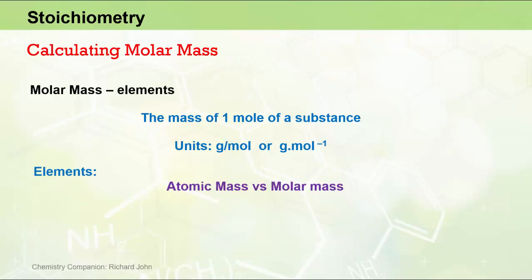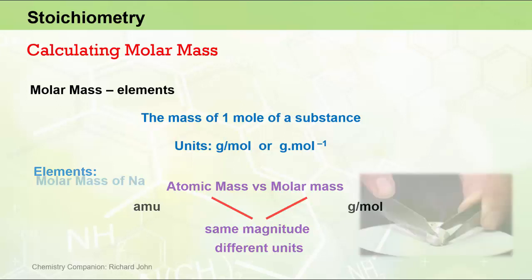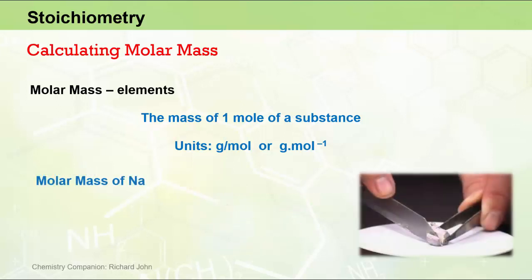Let's consider the differences and similarities between the atomic mass of an atom or an element versus its molar mass. Both will have the same magnitude but different units. The units for atomic mass are atomic mass units, whereas the units for molar mass are grams per mole. So if we use sodium as an example, the way we're going to determine the molar mass of sodium is to look up sodium on the periodic table, and we see that its atomic mass, the number below the chemical symbol in the periodic table, is